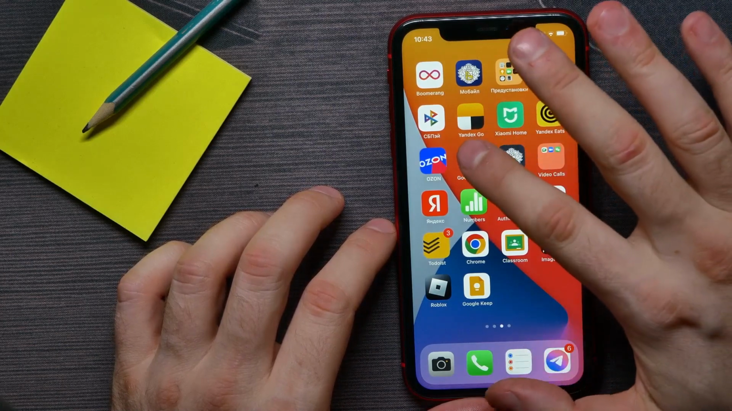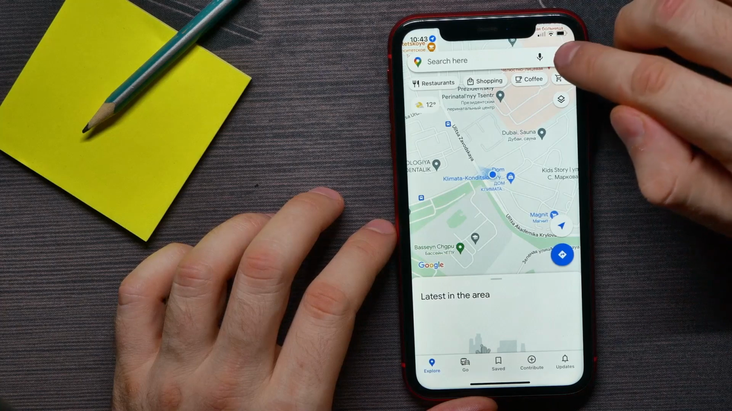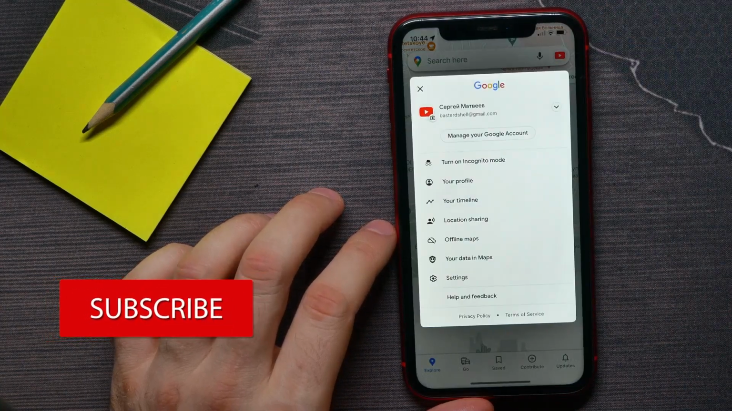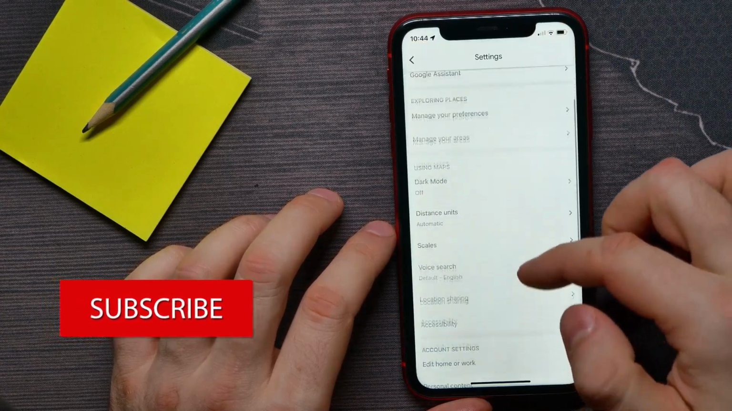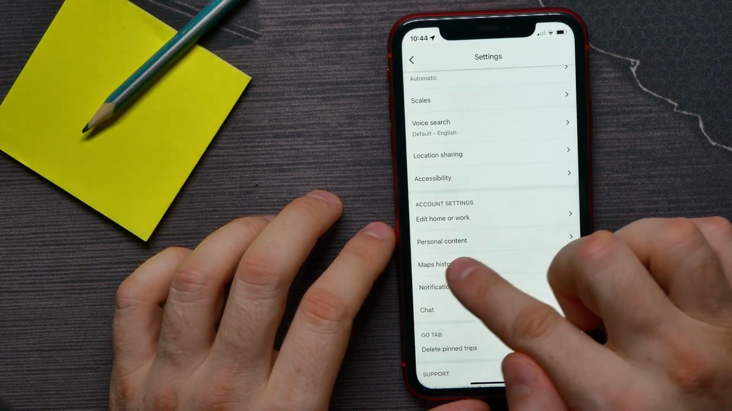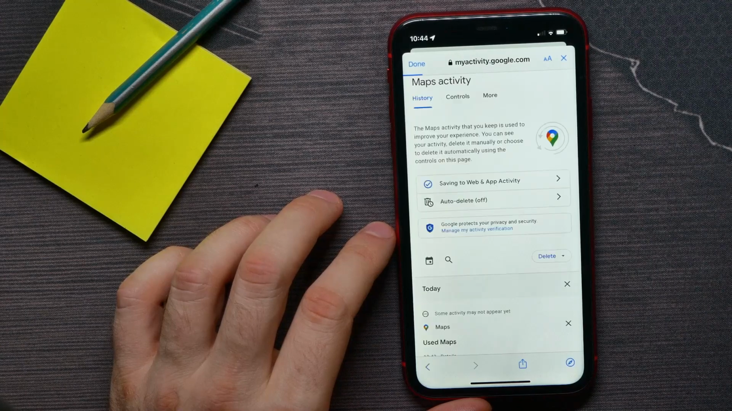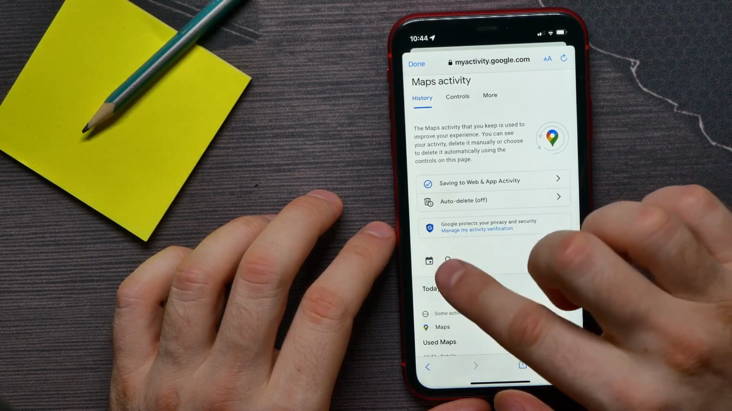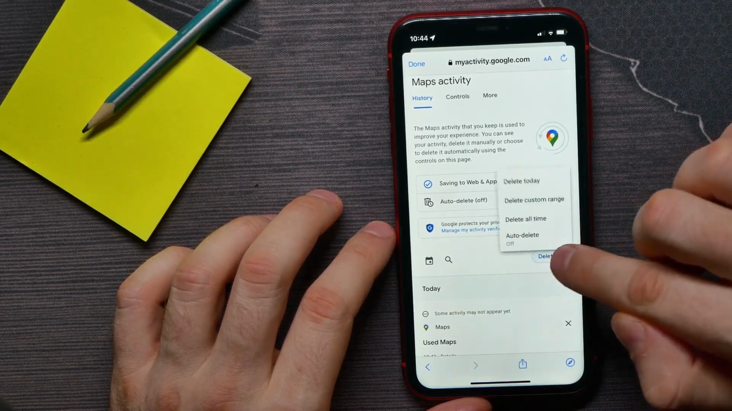First, open up Google Maps and hit your profile picture at the top right-hand corner. Next, tap Settings, scroll down for a bit, and get into Maps history. Next, wait for a couple of seconds, and where the search feature is, just hit Delete until a